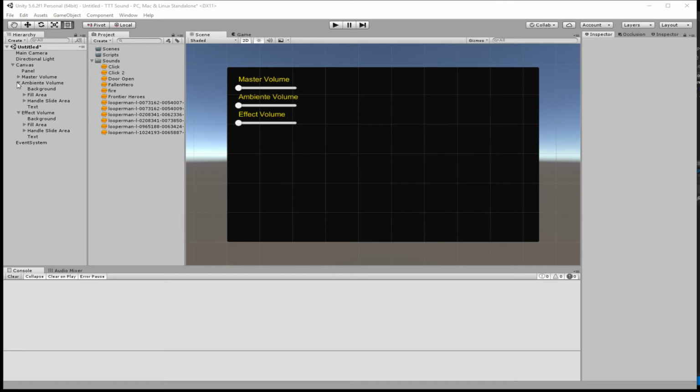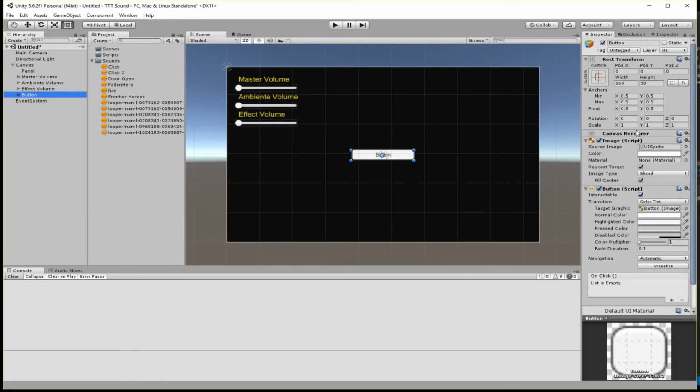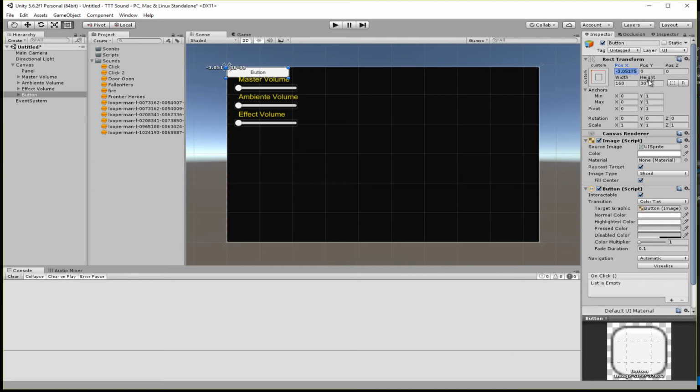So let's close that for easy watching. So UI, and you go for a button, and I do it the same way. I just position it on the edge and go for like 100, no, 200 and minus 100. That's a bit high, down, so that's too much. 90. 90, it's there. And we go for a width of 30